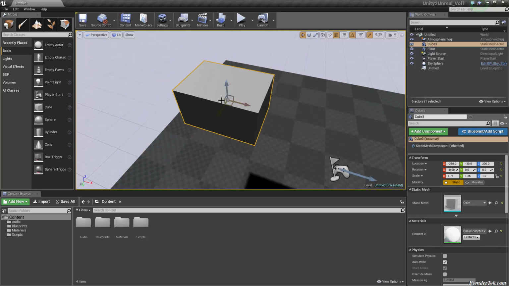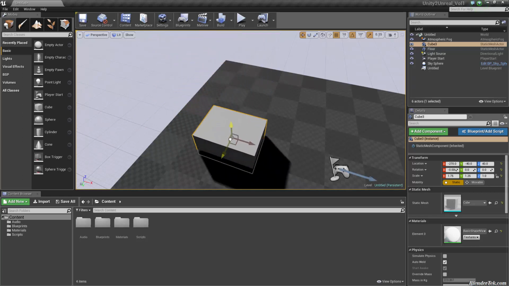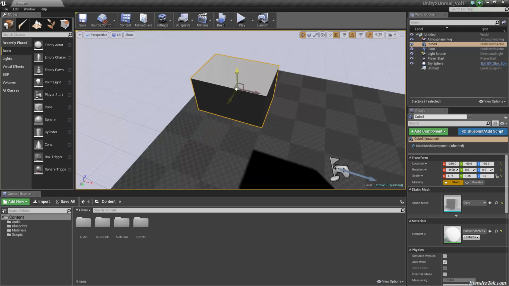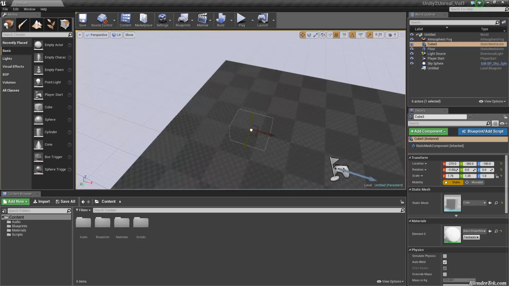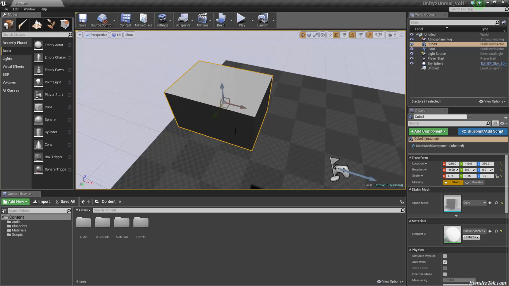Very cool. And at the same time, I could go this way and I can go up vertically, down vertically, and forward and back in the Y direction, but I can't go side to side in the X. So I think that's just great. That's something that should have been thought of ages ago, and it works the same for, not rotation, I don't believe, because that wouldn't make sense, but it works the same way for scaling.